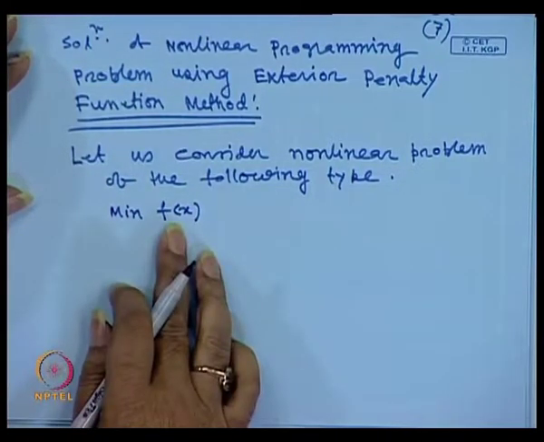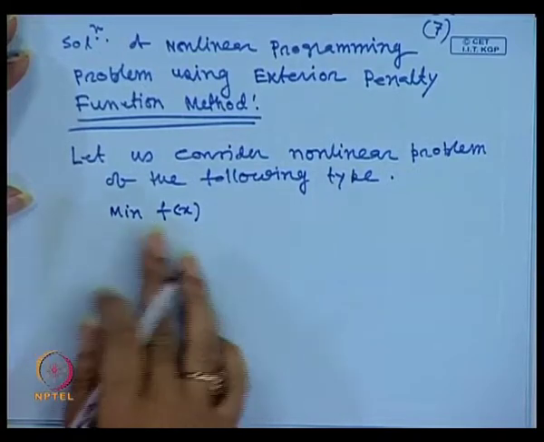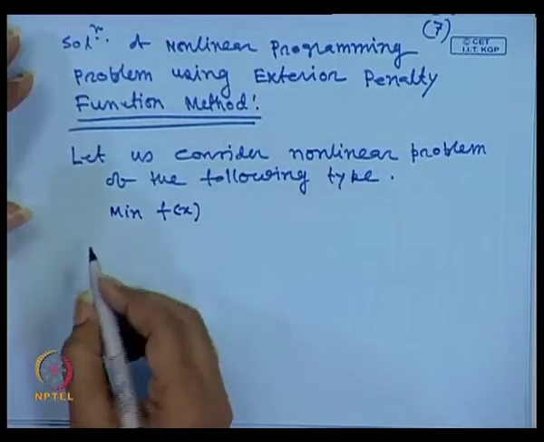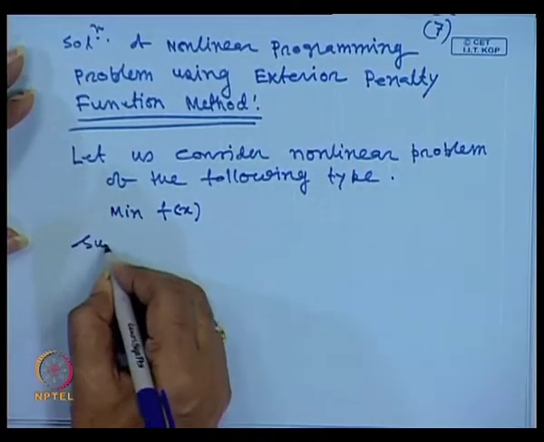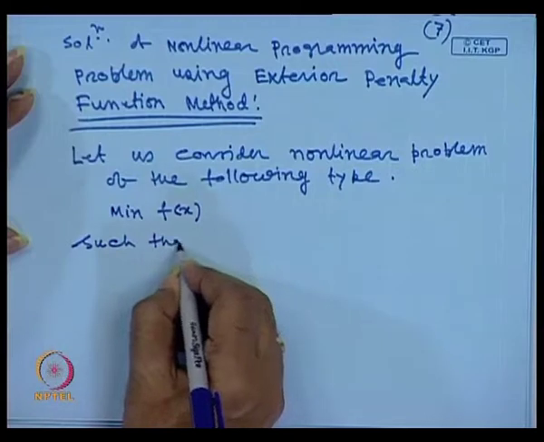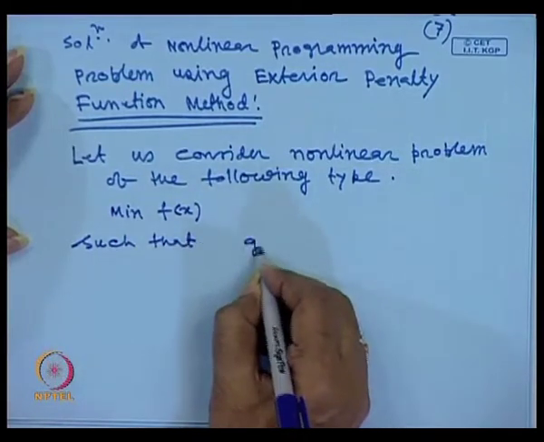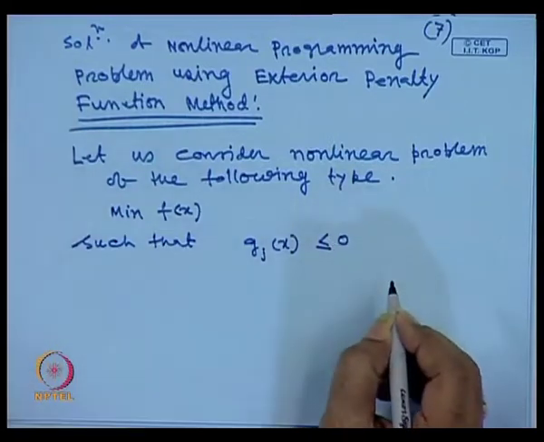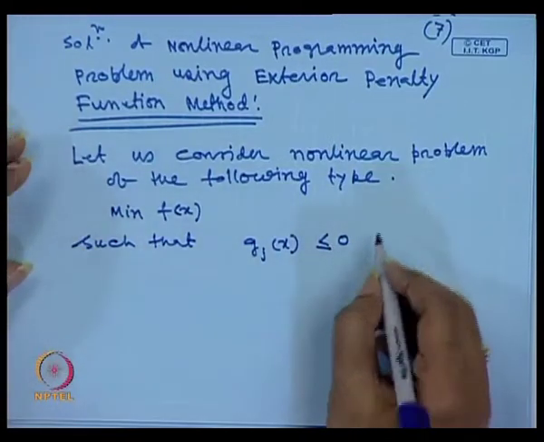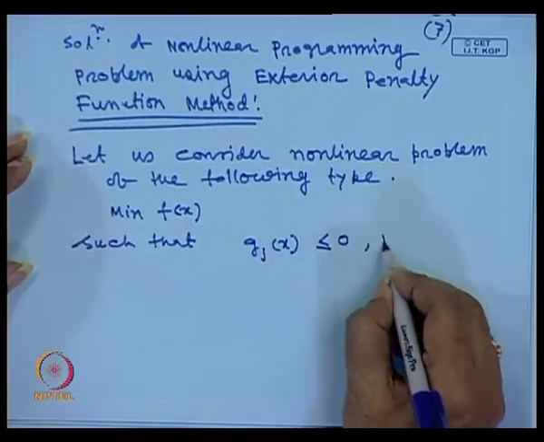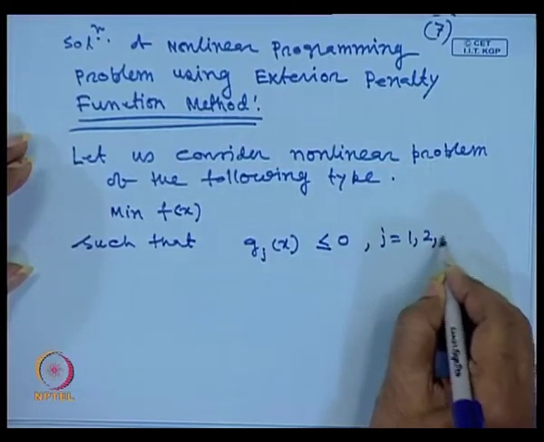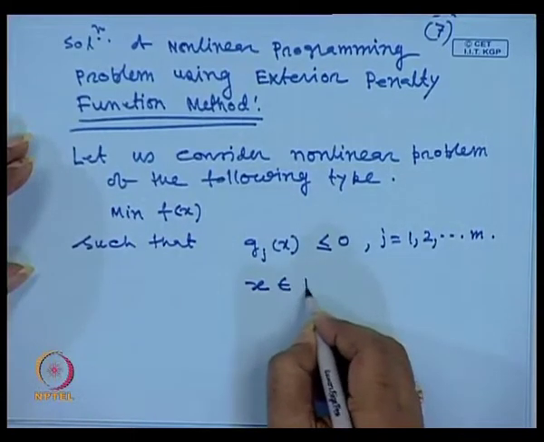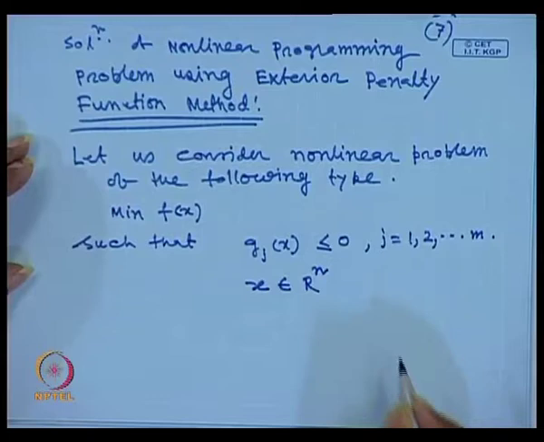This function may be nonlinear or linear, and the constraint function may also be nonlinear, such that g j of x is less than or equal to 0, agree, and j is equal to 1, 2, up to m,